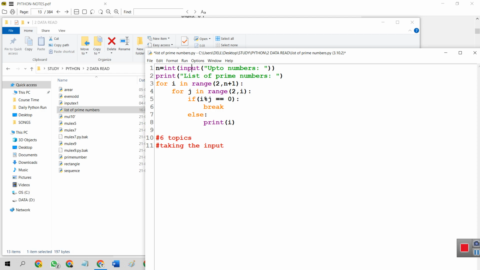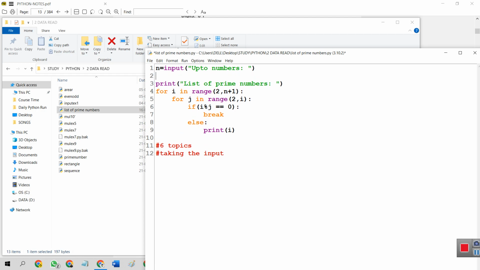This is our first function, taking the input from the numbers. This is the display message at the output, for the user side, the client side. Up to numbers will be printed on that side. So we are going to take input through this up to numbers, where a user can enter the numbers. Then it is converted into int data type. Why are we going to convert into int data type? Because in Python, every input is taken as str only. Like, just simply remove this, and we are going to see,